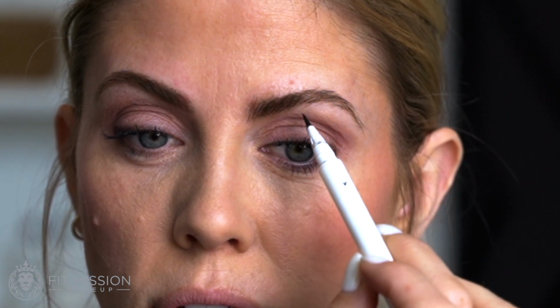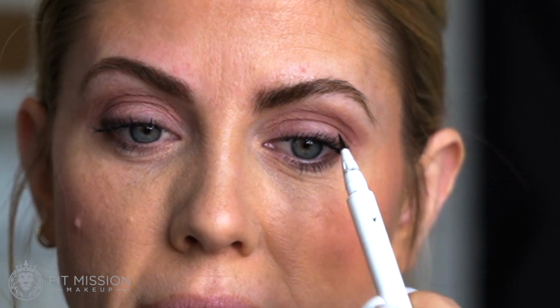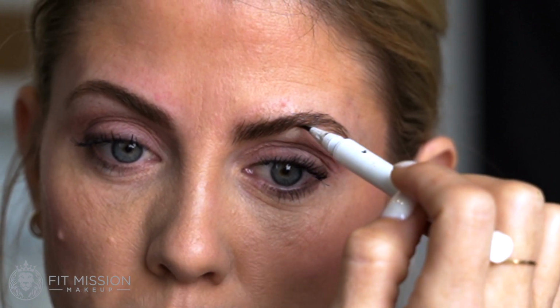All right, last step is going to be the Brow Flick. Okay, the Brow Flick, you're going to go in here and you're going to just fill in the areas that need filled. So, and then this right here, I have a hair that comes down here. I don't know if you can see this if we zoom in, but I didn't want to get rid of this hair right here, because if you look at this brow and look at this brow, I need this straight line to come across here to give it a really good finished polished look. So I didn't want to get rid of that hair. If I got rid of that hair, it would give me a whole different shape to my brows. So I kept that hair, and what I'm going to do is I'm going to fill in